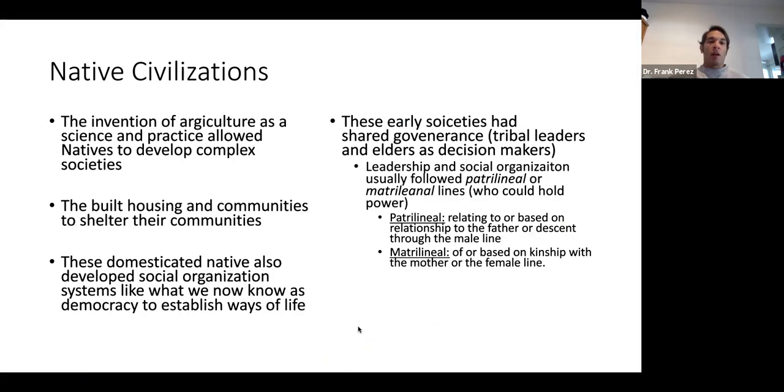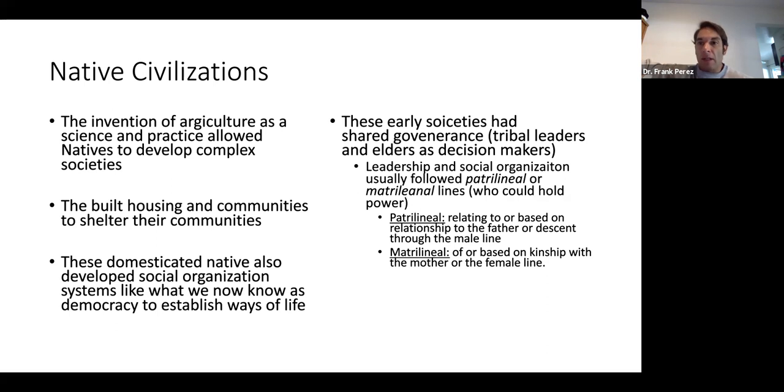Okay, so the invention of agriculture as a science and practice allowed these natives to develop these complex societies. And one thing that's integral to this is that once you can have a centralized food source, it's very easy to build your communities around that. And this is very important when we think about areas of the indigenous Americas, i.e.,